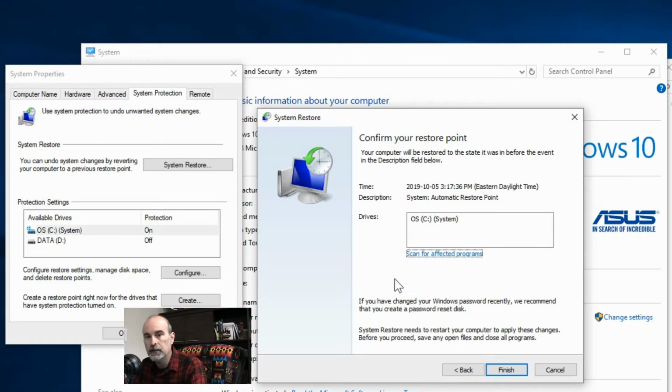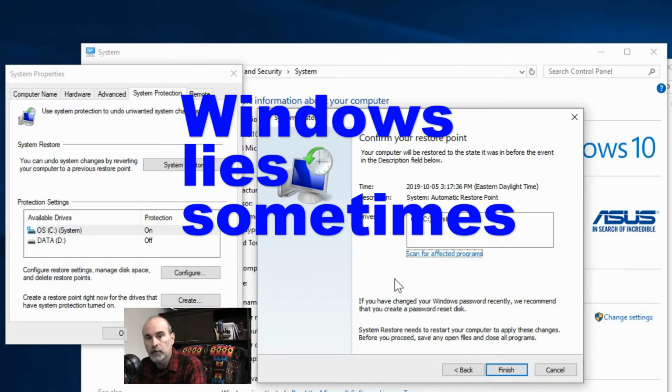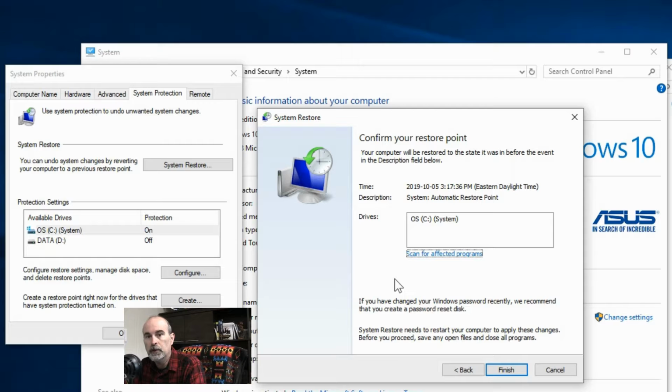Now, one of the things that I found here is that sometimes it says it restored successfully, but it still didn't fix the problem. Or I've also had it where it said it did not complete the restore successfully, but somehow it fixed the problem. I don't understand why it would do that, but I've seen it happen on a number of occasions. So regardless of what it says, if it was successful or not, check it out, see if the problem's been resolved from doing that restore point.